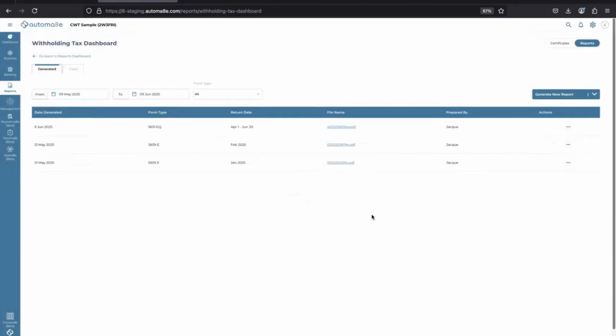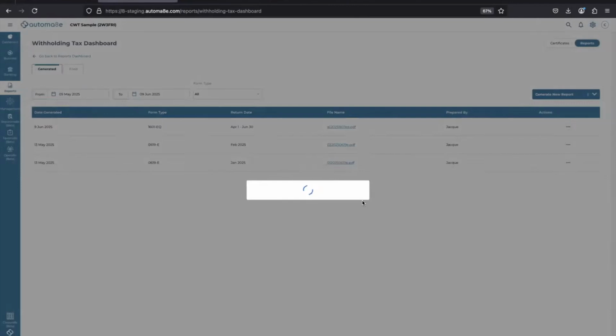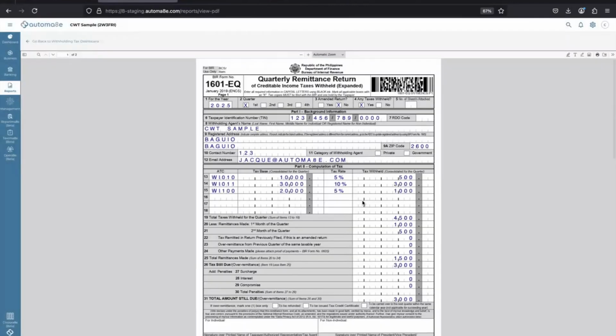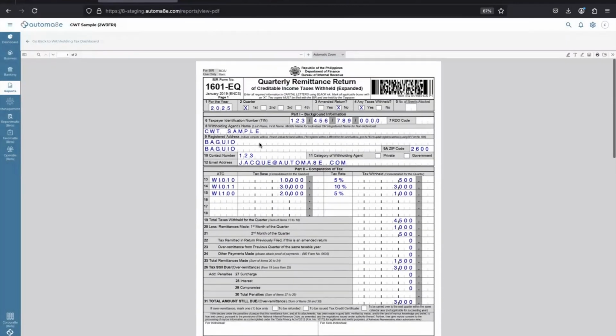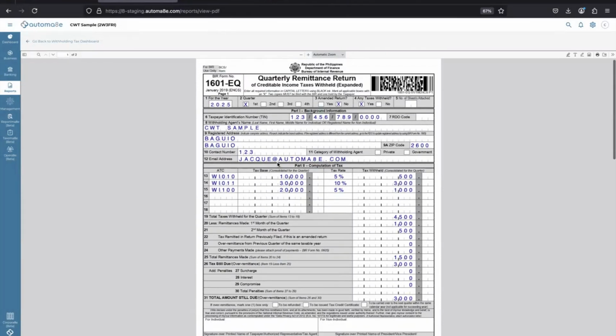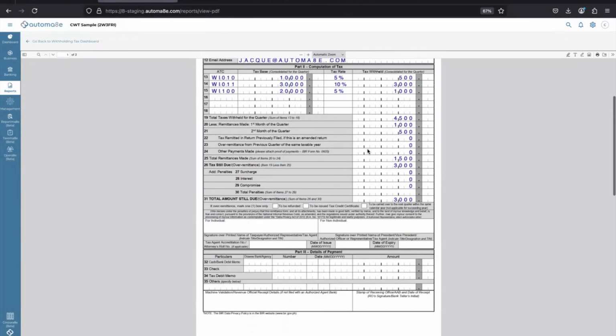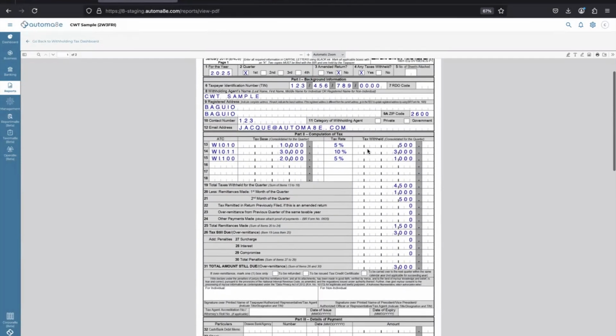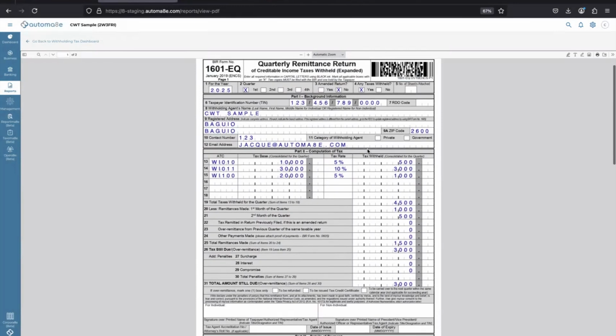Now it's successfully generated. And to view the form, we can click this form, our quarterly form here. So here is our quarterly form. So automatically it is generated. Everything will be generated here. Whatever we have inputted earlier and what is automatically populated by the system, which are the different ETCs, together with the total taxes withheld and our remittances. So those are the forms that can be created using our withholding